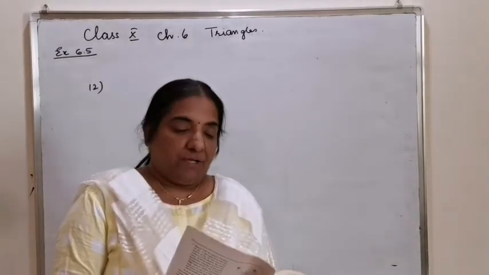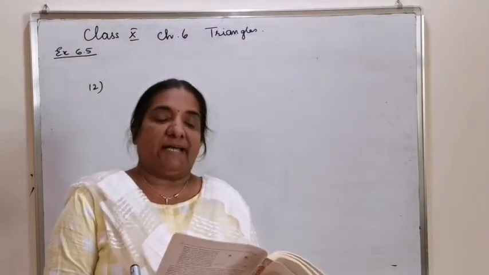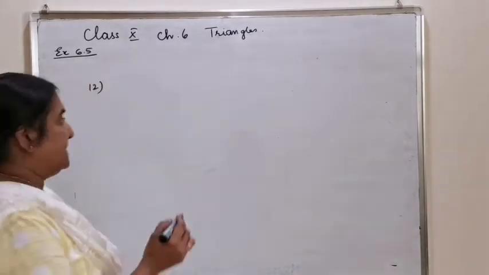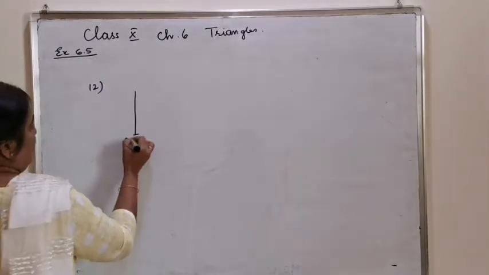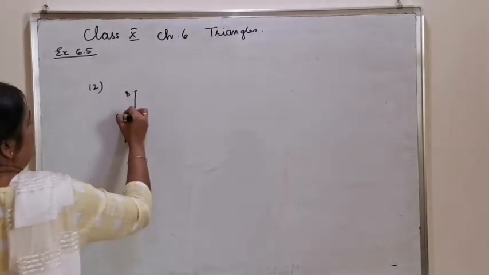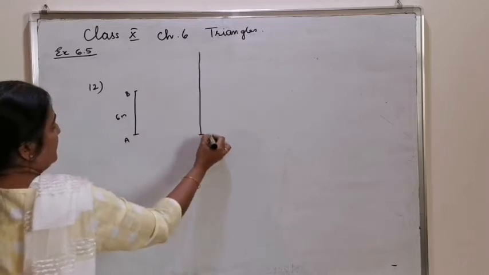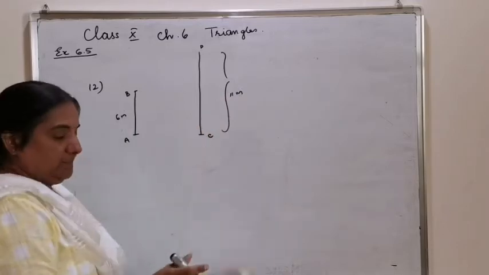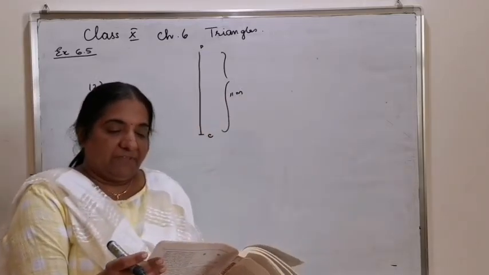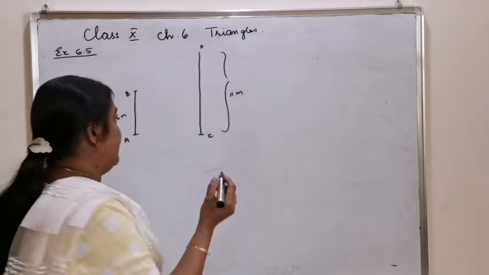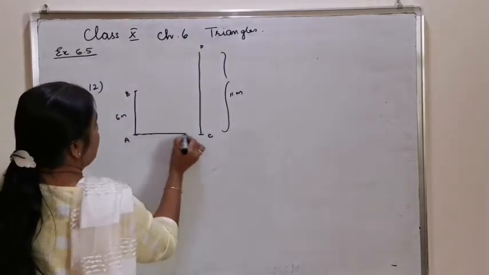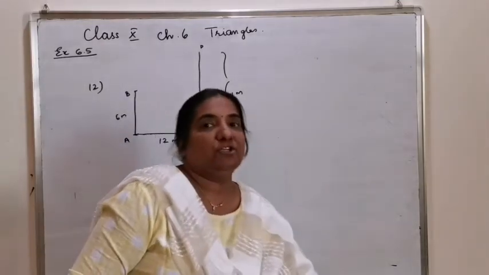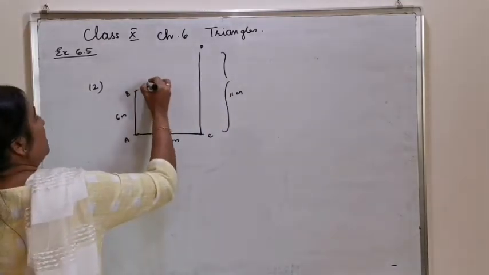Number 12. Two poles of height 6 meter and 11 meter stand on a plain ground. Let AB represent the pole of 6 meter and CD represent the pole of height 11 meter. If the distance between their feet is 12 meter, that means the distance AC is given as 12 meter. Find the distance between their tops. That means you have to find out the length of